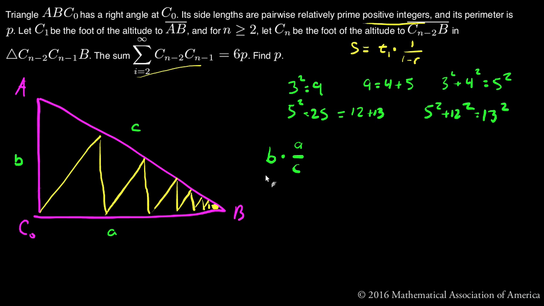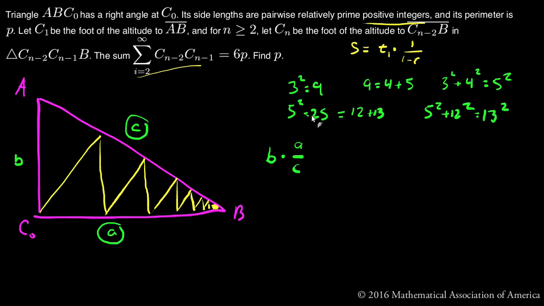This B is like the 3 or the 5. And so in here, I can get an A value and a C value